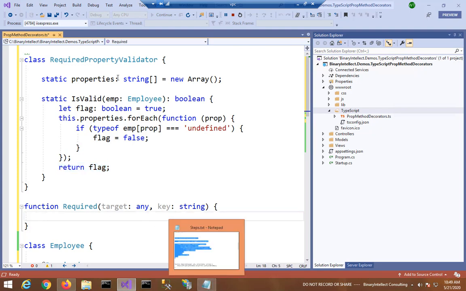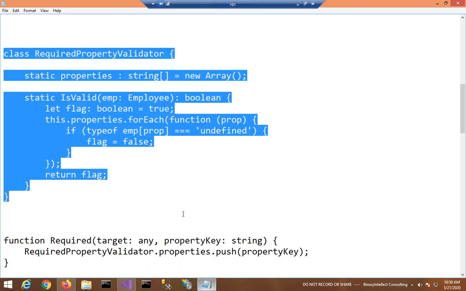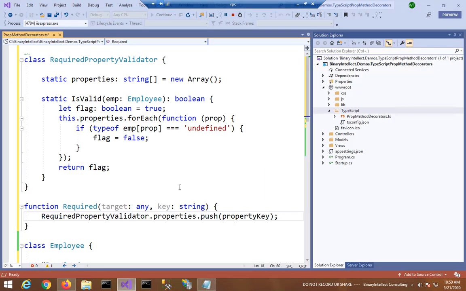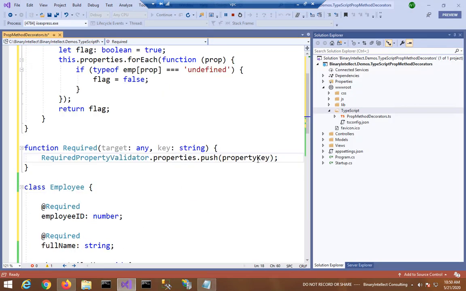Now we need to invoke this class from inside the required decorator. So let me add this. Inside the required function, I called RequiredPropertyValidator.properties.push.